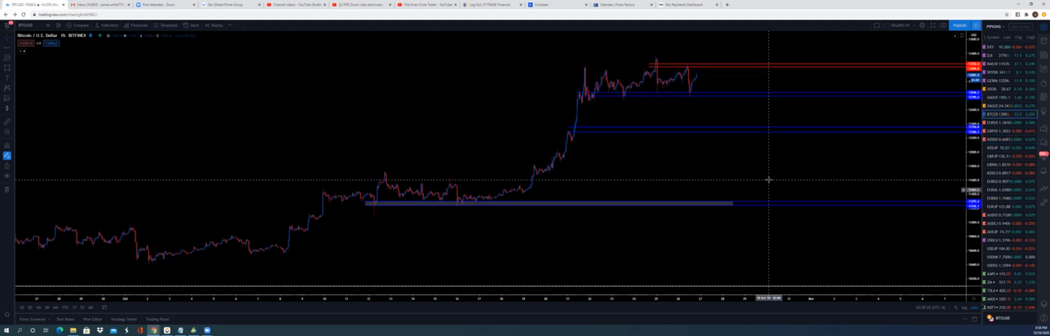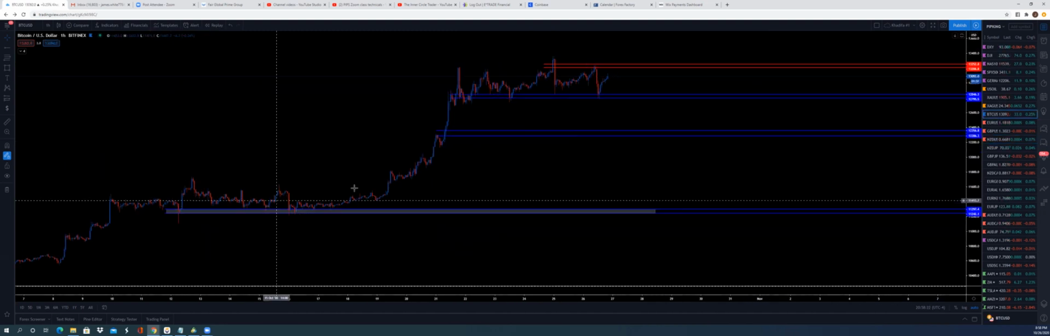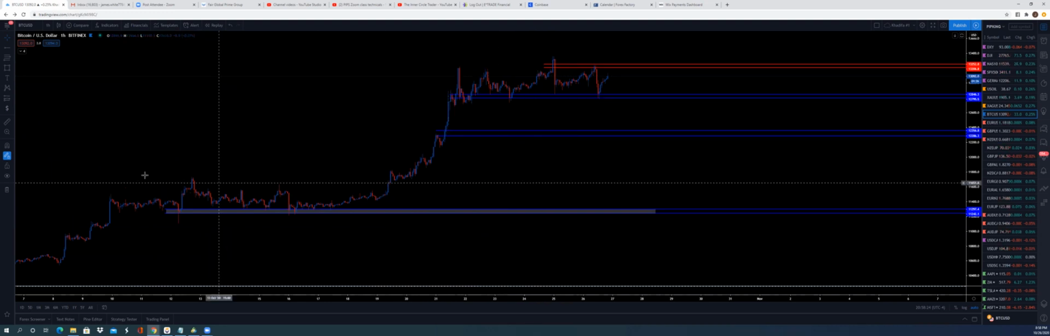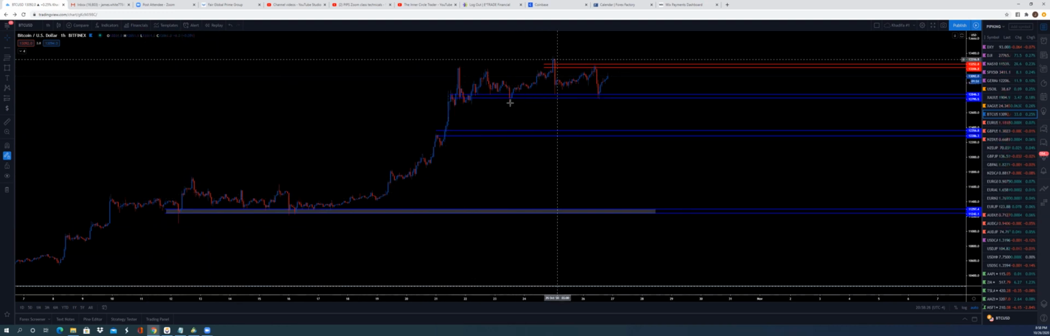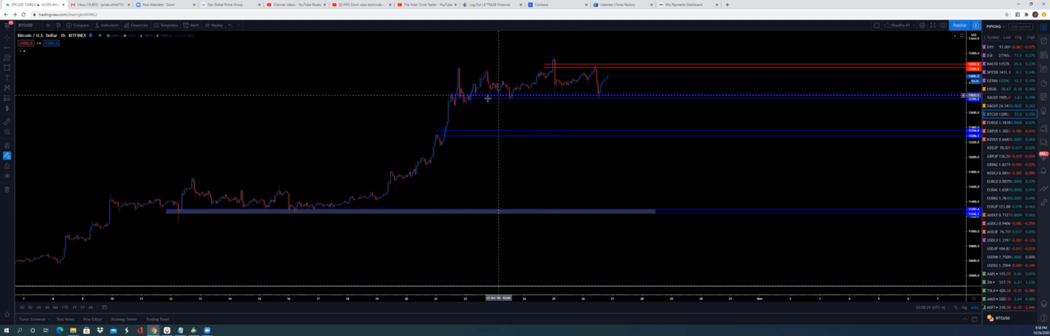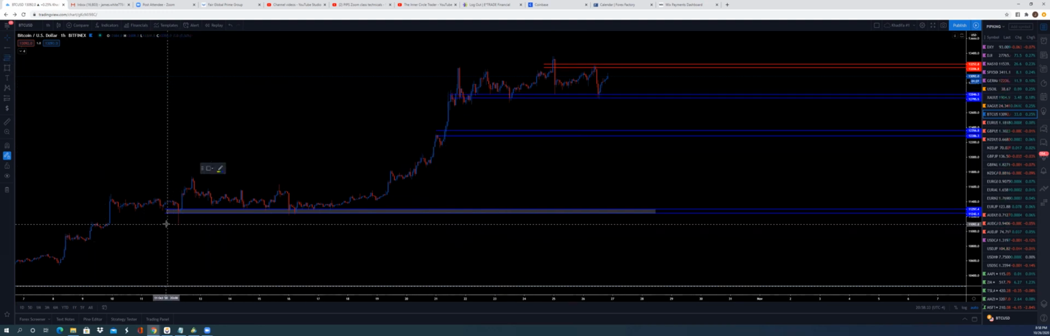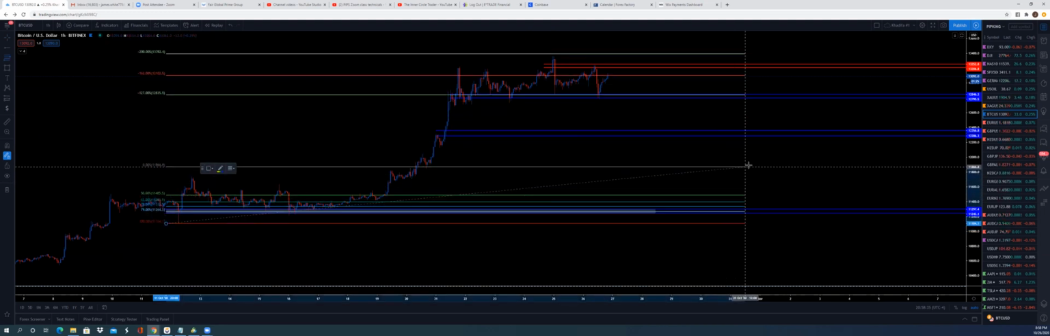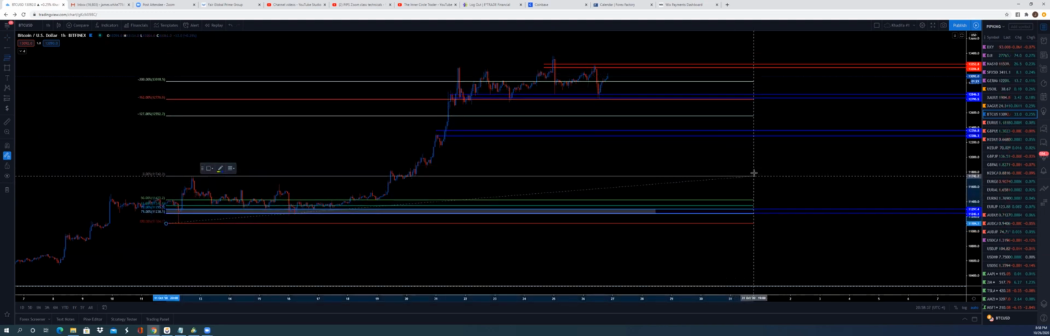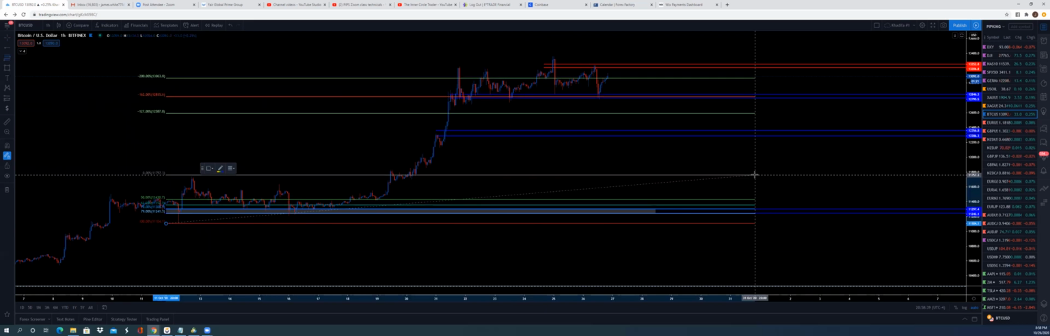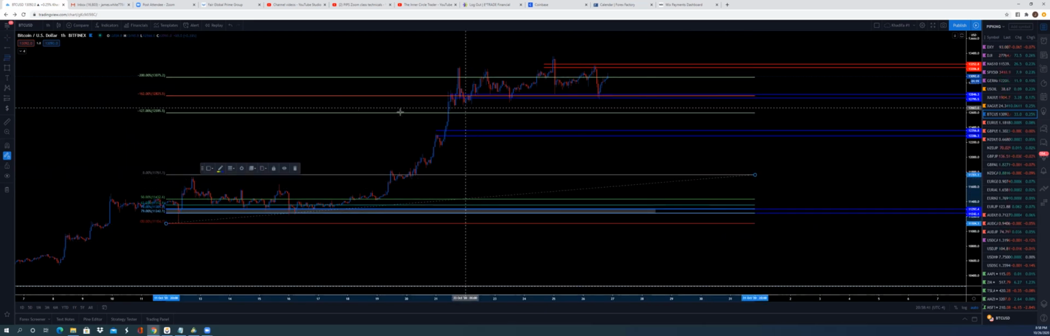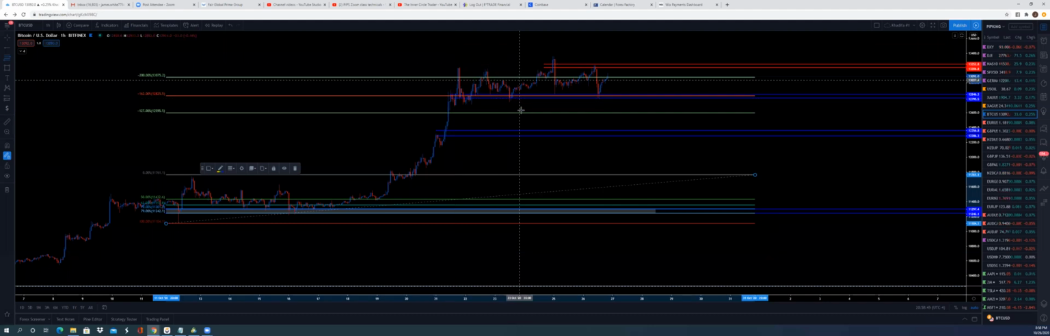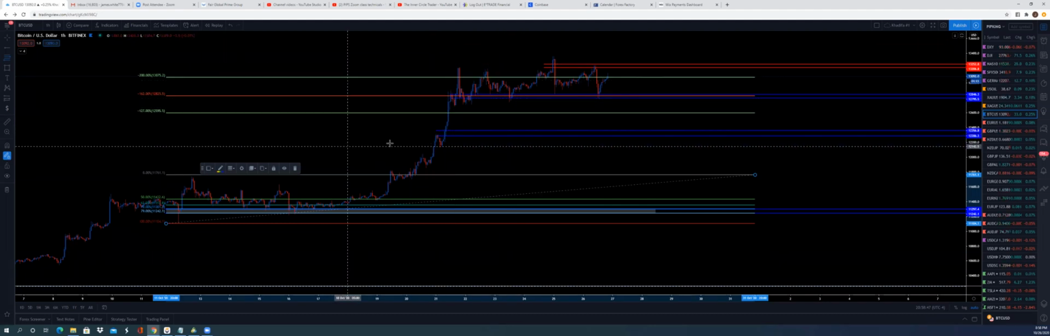Let's take a look at Bitcoin. All right, this was the move that we caught last week out of Bitcoin. TP1, 2 and 3 was hit. All three was achieved. And now